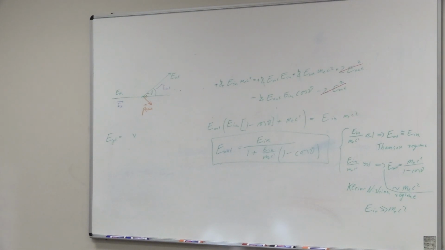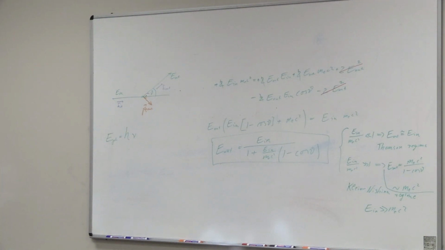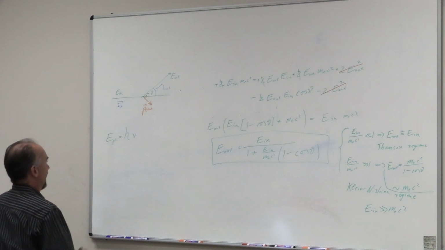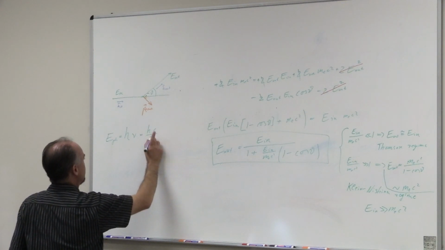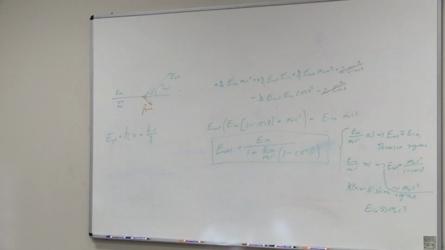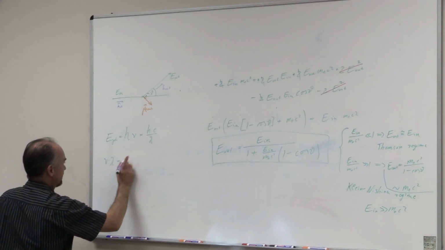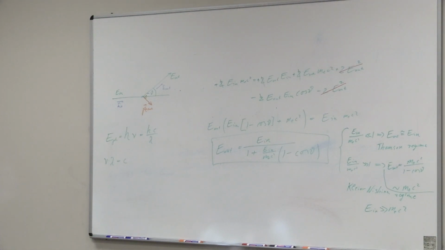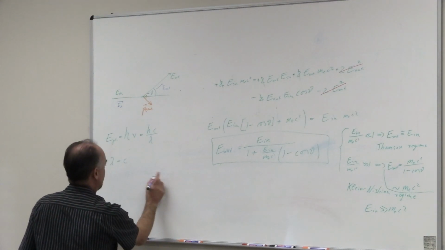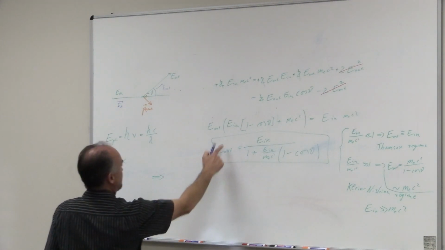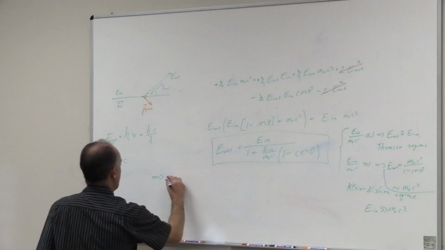Planck constant times frequency. And of course the frequency is related to speed of light and wavelength as hc over lambda, since frequency times wavelength is the propagation speed, which is the speed of light. Okay, so from that we can then simply relate this energy equation to a relation of wavelengths, meaning,